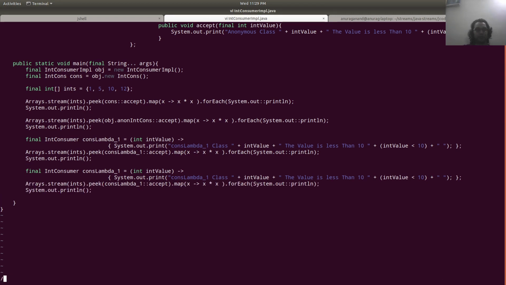In the next lambda I'm going to remove that. I will say value, and it is going to work the same way as usual.